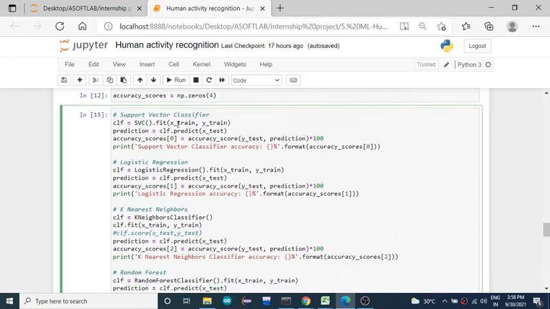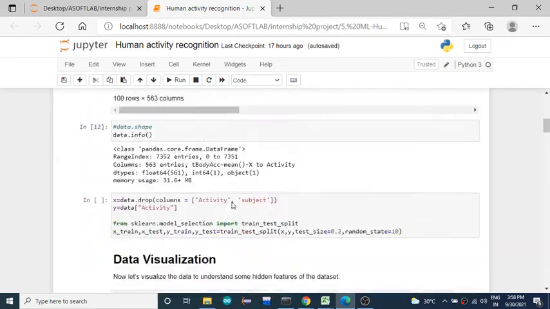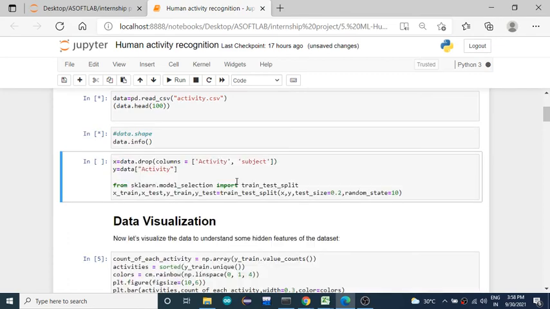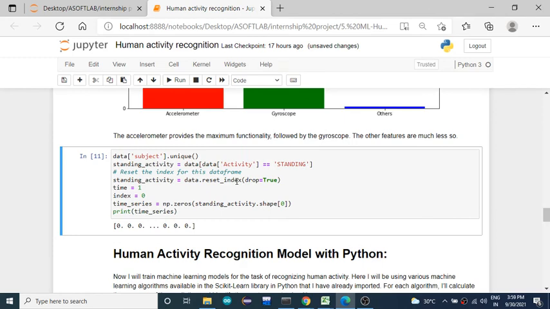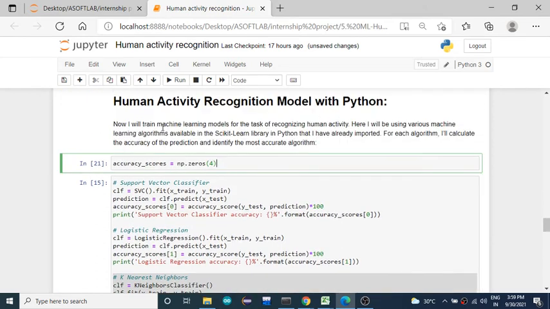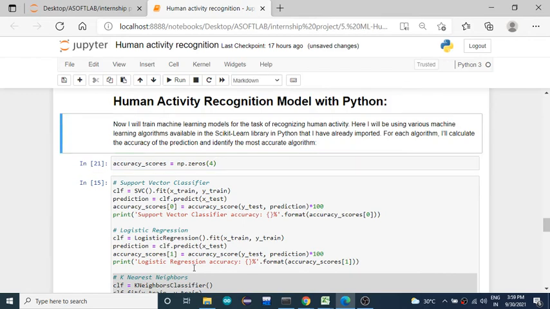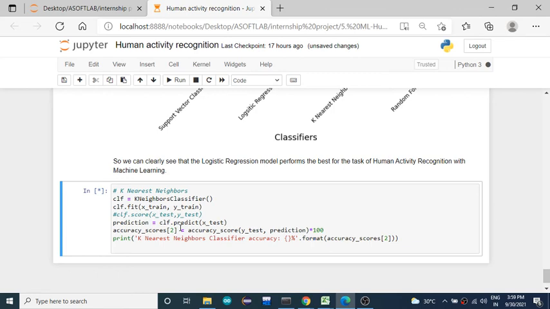We have used many algorithms here. Now I will use the k nearest neighbor algorithm. My data set is here, and I am visualizing it as a graph. After splitting the training and testing data, I'll use the k nearest neighbor model.